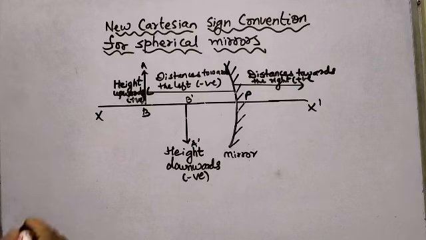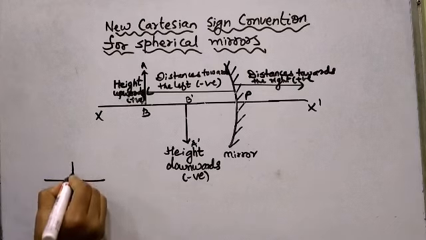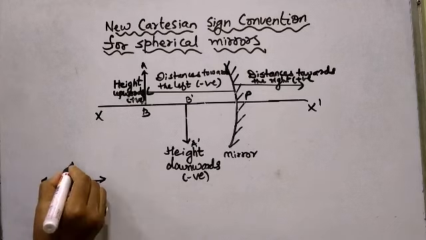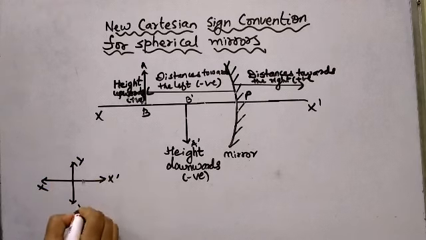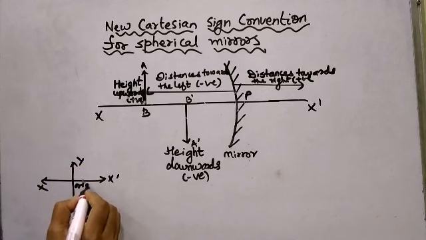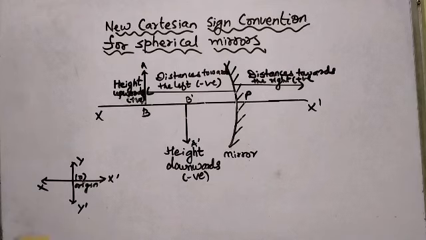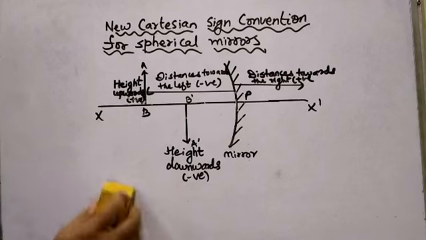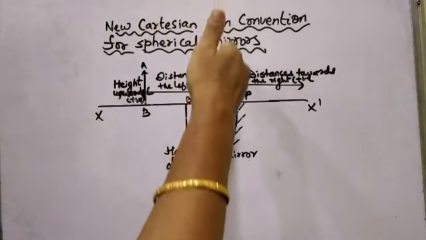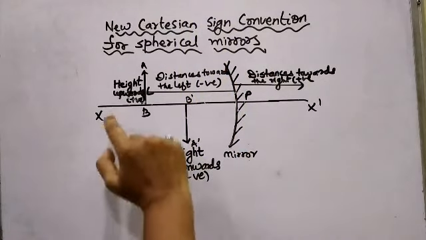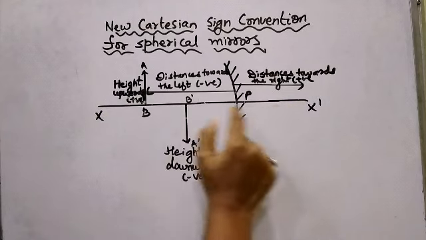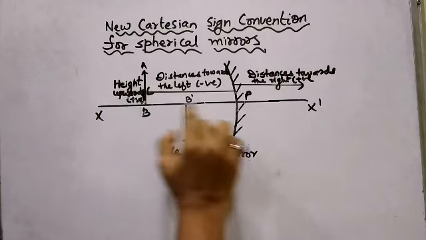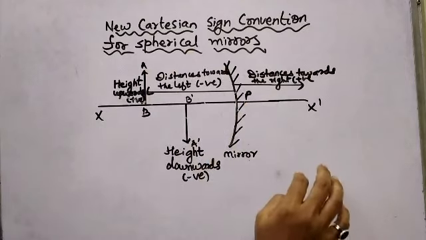We already know that when we draw the x-axis and the y-axis, whenever we learn graphs, the point of intersection of the x-axis and the y-axis is called the origin, isn't it? Which we always represent as O. Similarly, we are going to consider a sign convention. If this is a graphical representation, this is the principal axis, and the principal axis forms the x-axis of the coordinate system according to the new Cartesian sign convention.